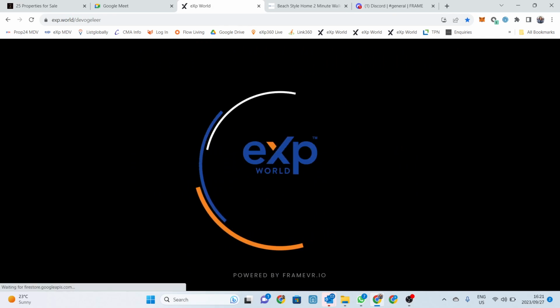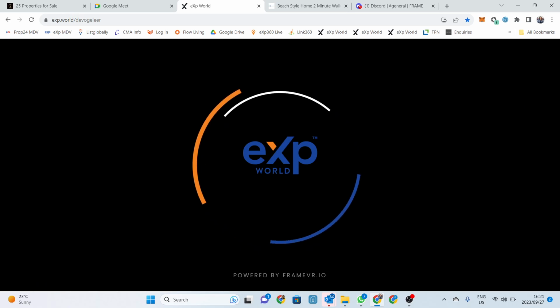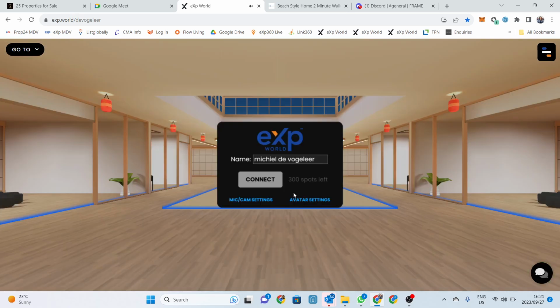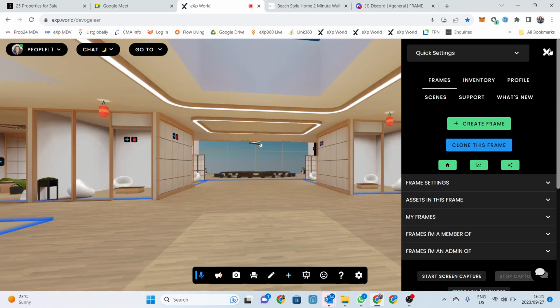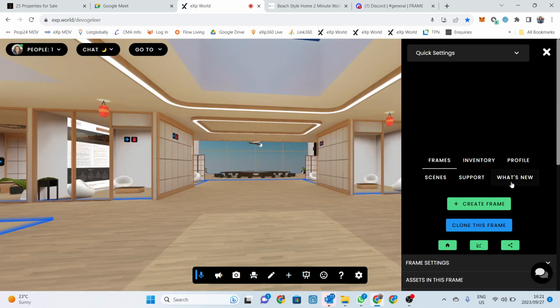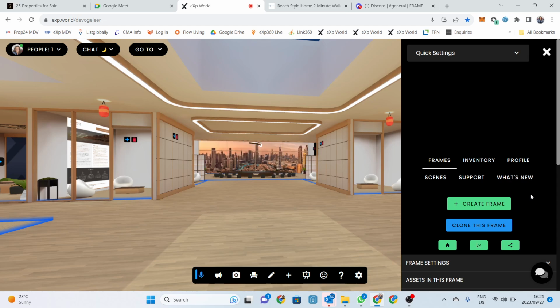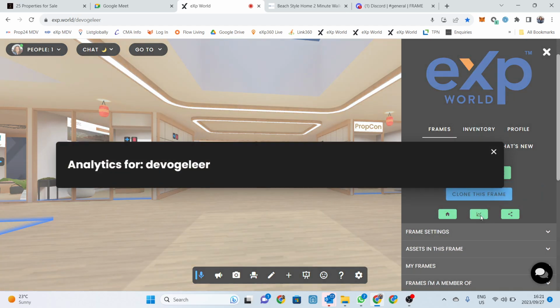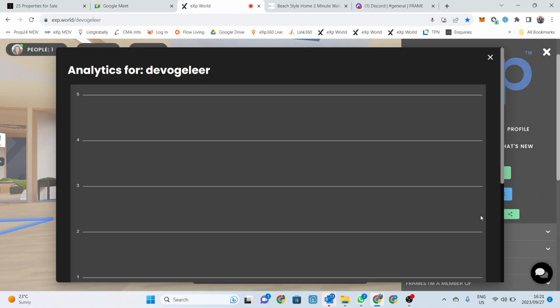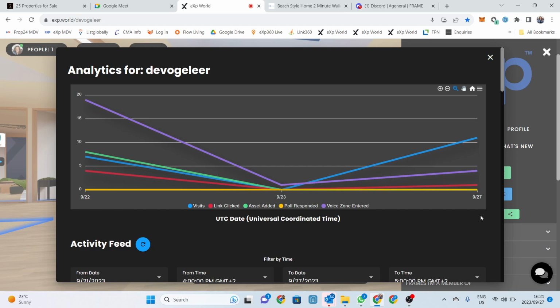and I will show you now how you can monitor what is happening in your metaverse from a statistic perspective. It's actually quite a long training, but I think quite an interesting training. Here you have the statistics. So if you click on that, you basically see the analytics for the Vogeleer metaverse. So you see that on the 23rd of September, I had